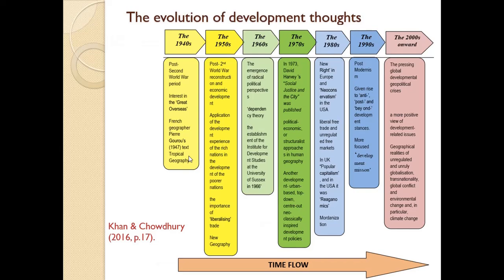So you can see here Khan and Chaudhary 2016 give us this beautiful time trend. In the 1940s, you have post Second World War. Then you have interest in the great overseas by especially the US and other developed countries. Then in the 1950s, application of the development experience of the rich nations in developing countries, and that's when the modernization theory comes up. Then in the 1960s, the dependency theory comes up, criticizing the practicability of